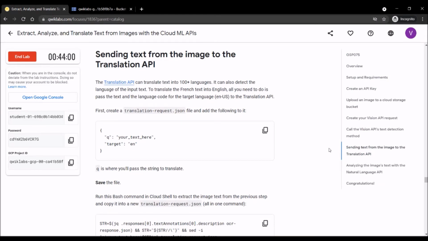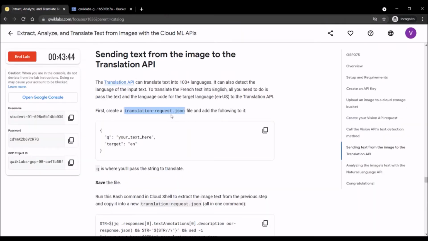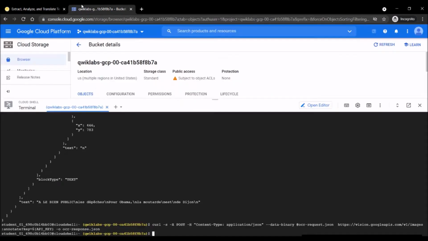Okay. So sending the text from the image to the Translation API. The Translation API can translate text into 100-plus languages. So we'll create a translation-request.json file and then add the following given code to it. So going back, copy this name. Again, here type nano.